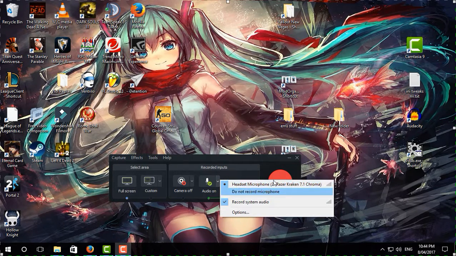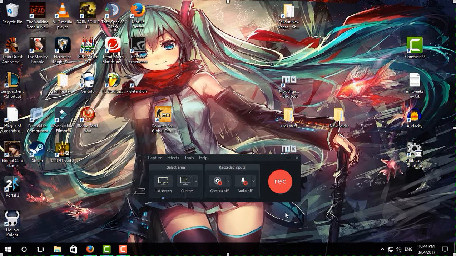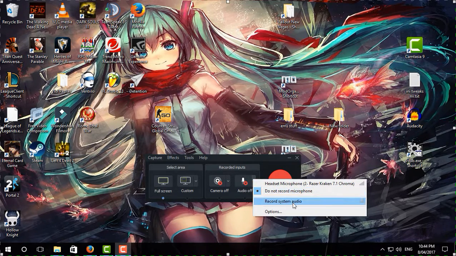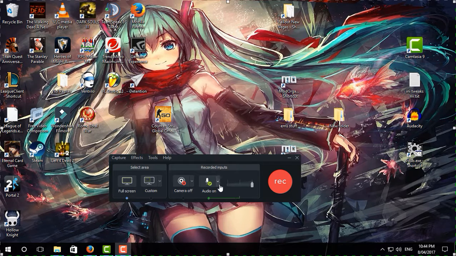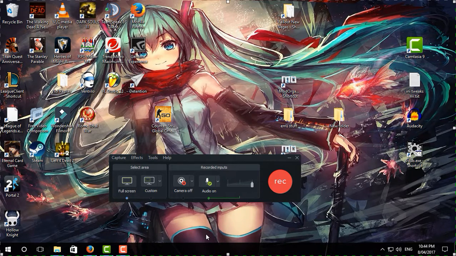And what we'd do is unselect headphones. So, why doesn't it let me unselect headphones? Boom. Audio off. No, we don't want to do that. Record system audio. All right, there we go, it worked. So it's got 'do not record microphone' there, so you're supposed to select that. So what this would do is record just your game audio and your game video, and that would come out perfectly fine. You'd just get a file of that,